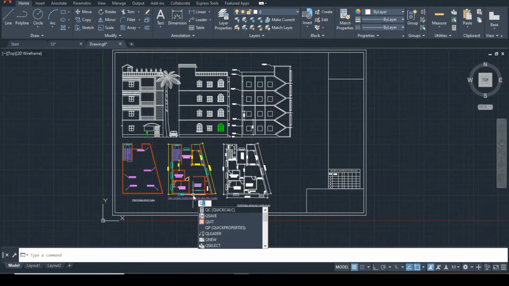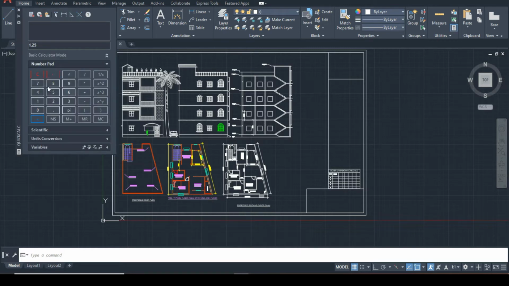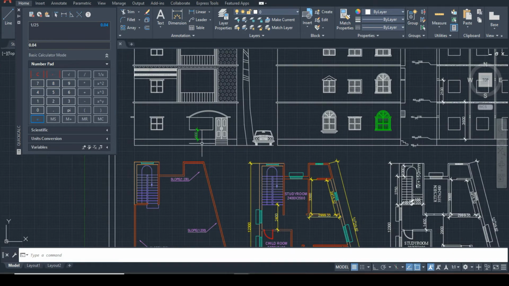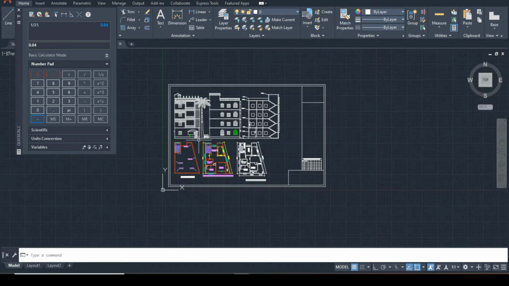In that case, 1 inch is equal to 25 millimeter. So 1 by 25, that is 0.04. So that's why the factor value will be